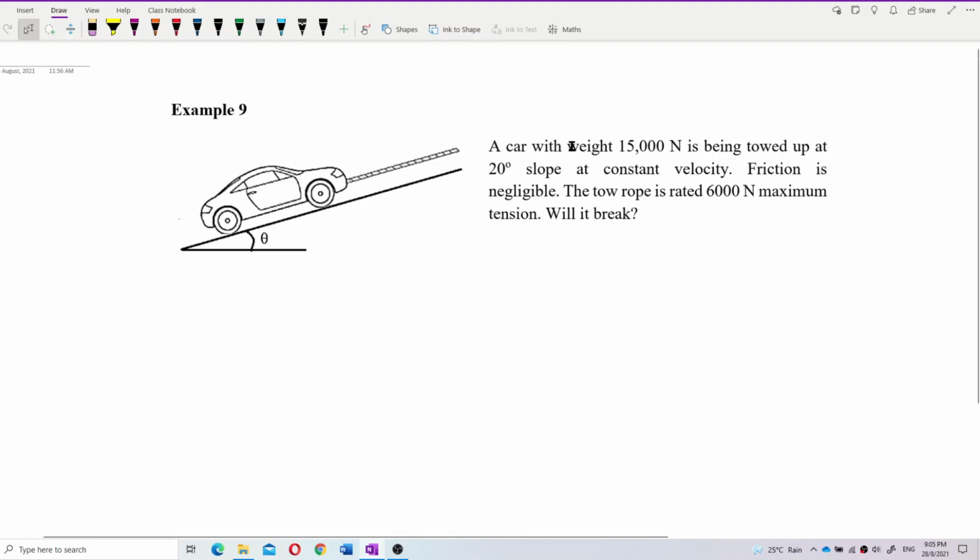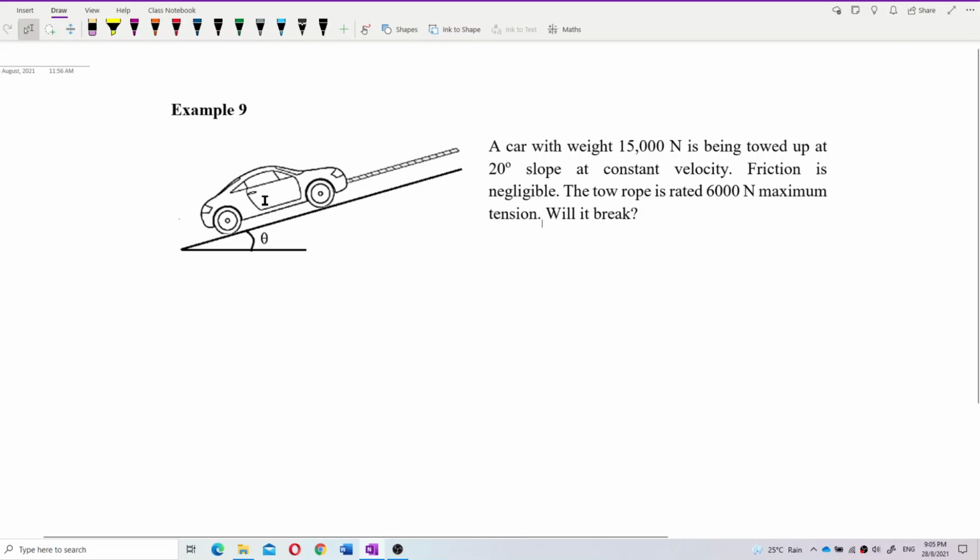A car with weight 15,000 Newton is being towed up a 20 degree slope at a constant velocity. Friction is negligible. The tow rope is rated 6,000 Newton maximum tension. Will it break? Good. Now, first of all, we need to identify what forces